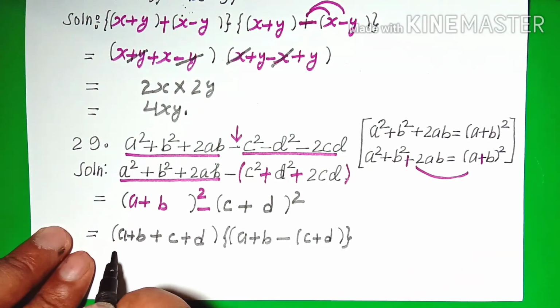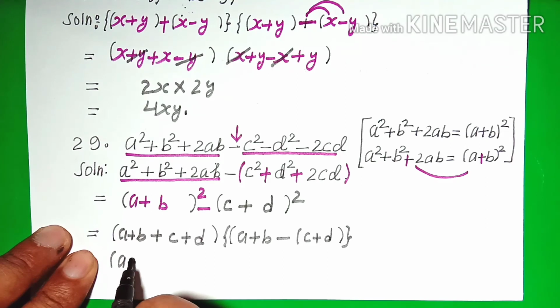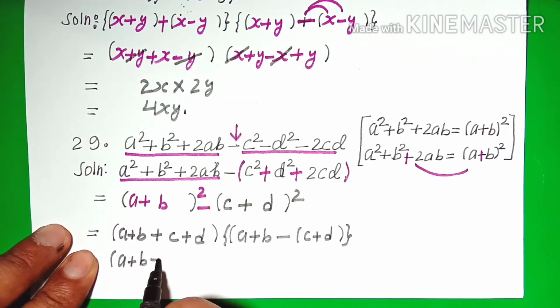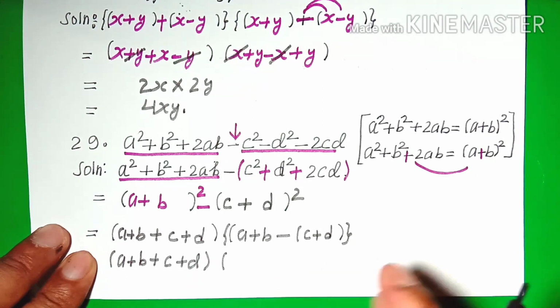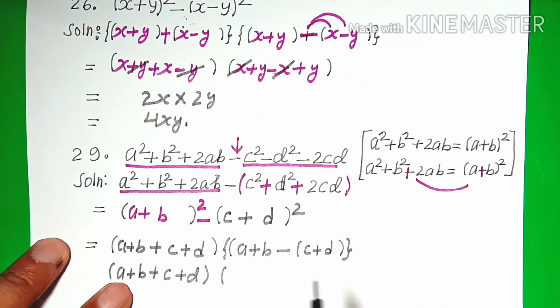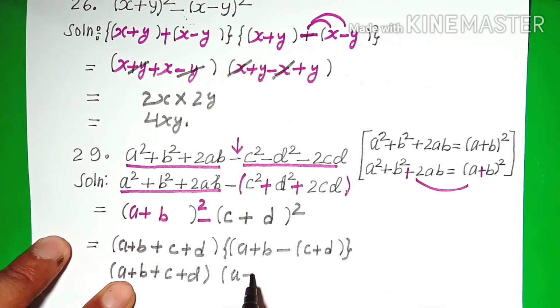Now we drop the same term, b plus c plus d, we can close. Like this we can open the innermost bracket, and that implies a plus b multiplied with this minus sign. Minus into c will be minus c, minus plus will be minus. After that we are left with a letter